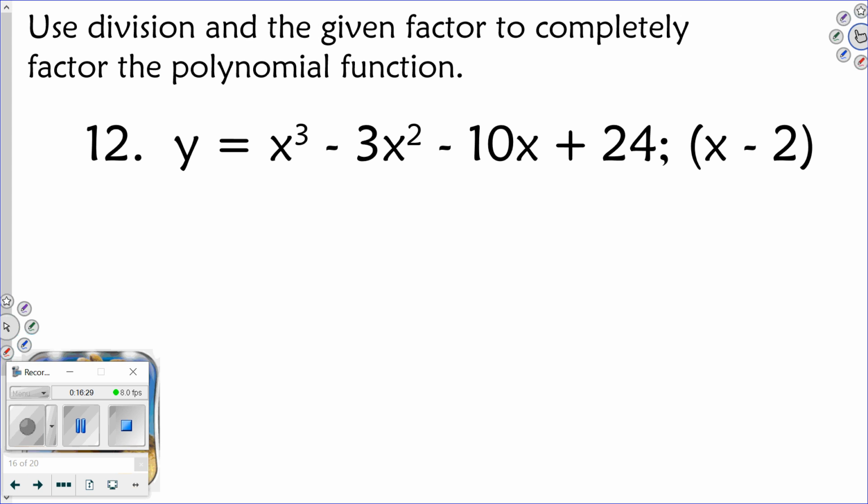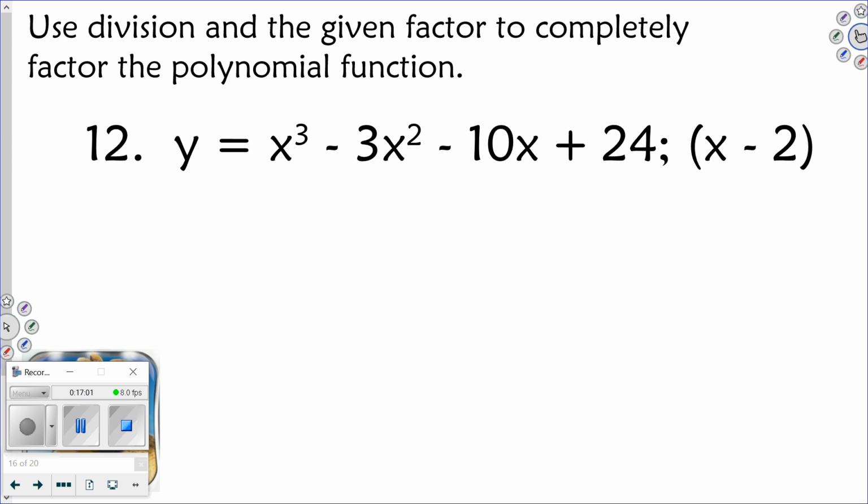All right, shifting gears just slightly. Use division. Notice it says use division. It could be either or. Use division and the given factor to completely factor the polynomial function. So they gave one. Now, before we get into anything else, if I just gave you that problem and said factor it,